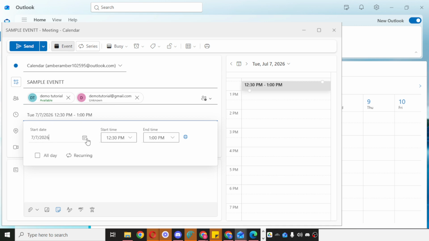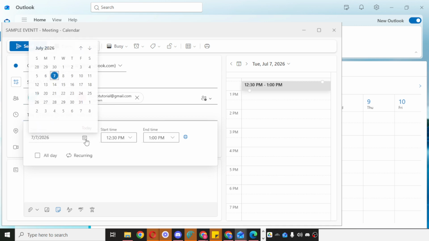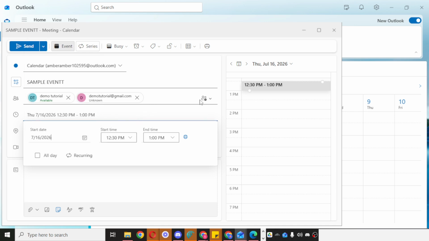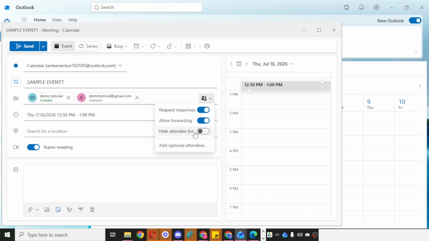In the event window, find Response Options. Click on it and then turn on Hide Attendee List. Once this option is enabled, the people receiving the invite will not be able to see the full list of other attendees. This gives your invite a more private and professional setup, while still allowing everyone to receive the meeting